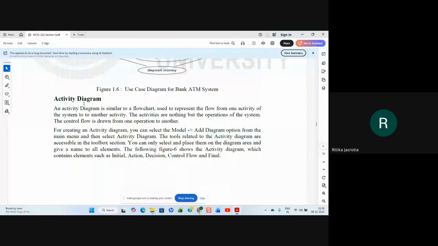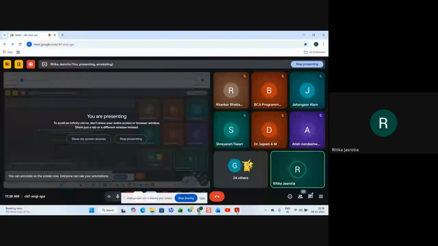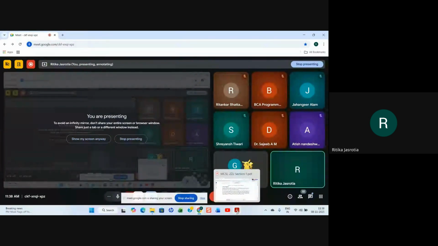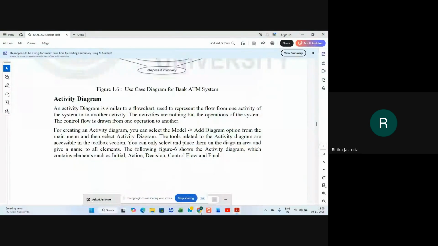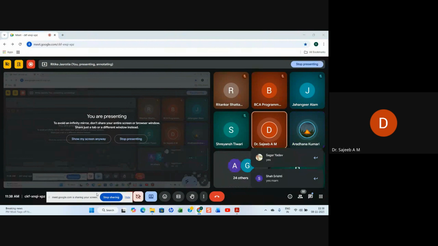Is everybody able to hear my voice now? Yes, ma'am. Did you hear what I was saying about activity diagram, or was my connection lost? Were you able to see the diagram I was displaying? No. My screen is visible to you now? Class, my screen is visible to you. Yes, ma'am, now it is visible.